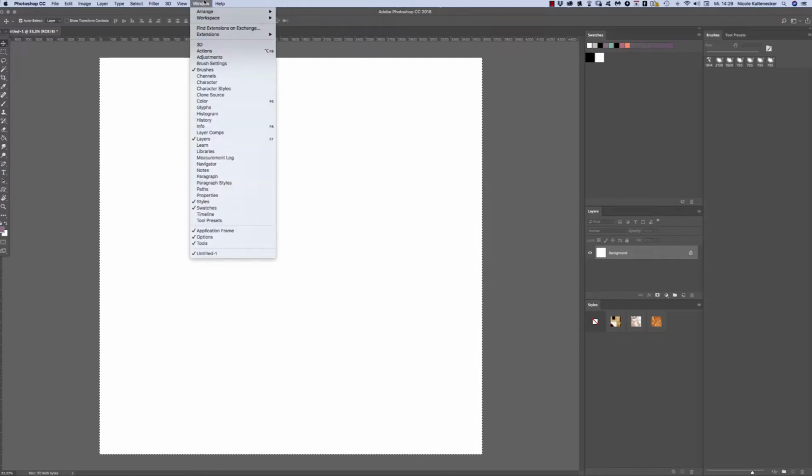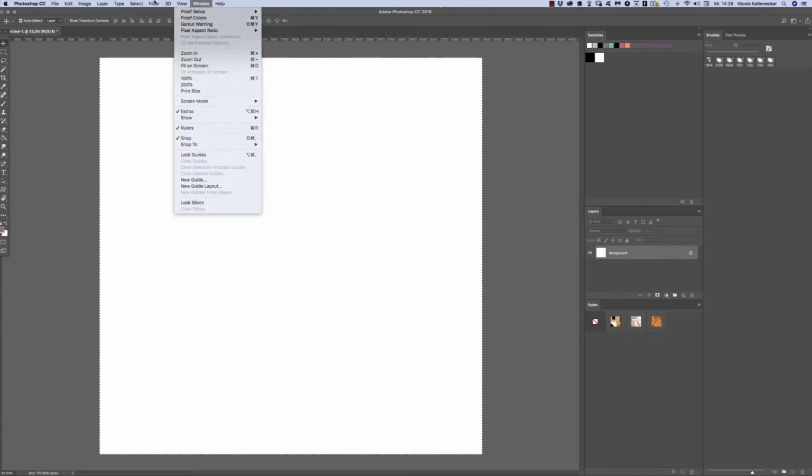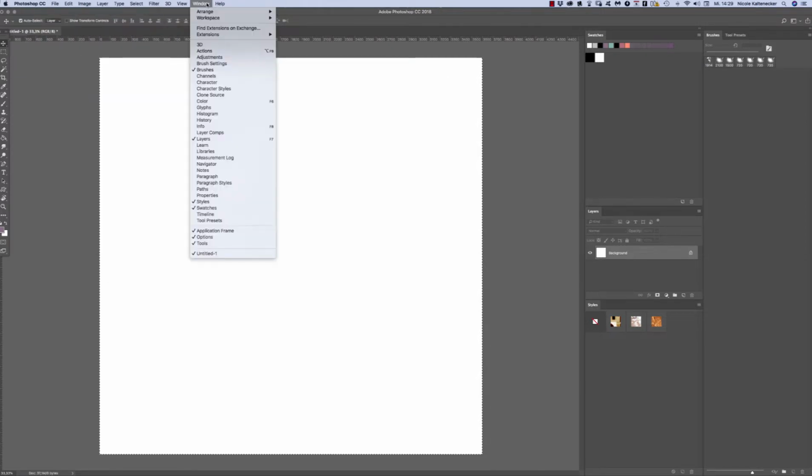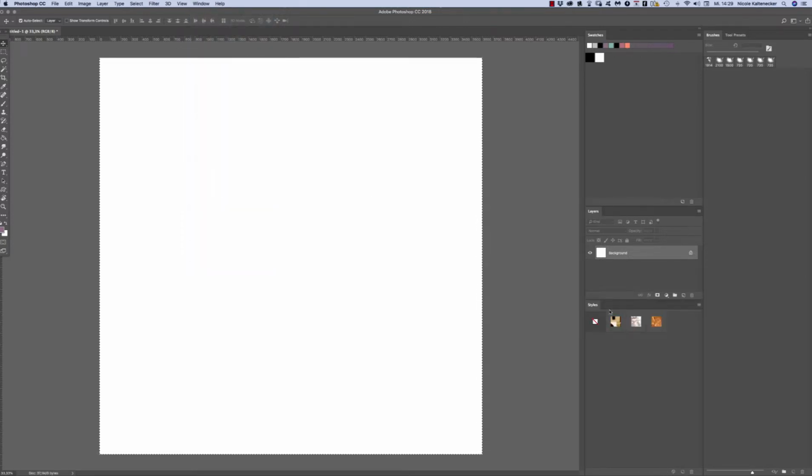For that, you need to be sure that you go under Window, then you go down. Here is the Styles, and it needs to be marked, and if it's not marked, then it's disappeared. If you mark it, it shows up here. So you can be sure when they are loaded and the icons of the styles are shown that you can use them. The second way to load them, you can go to